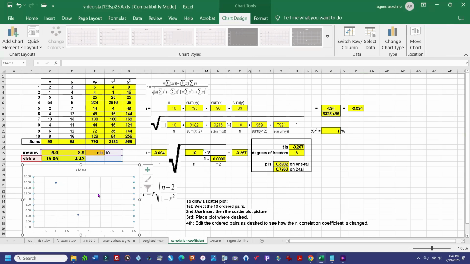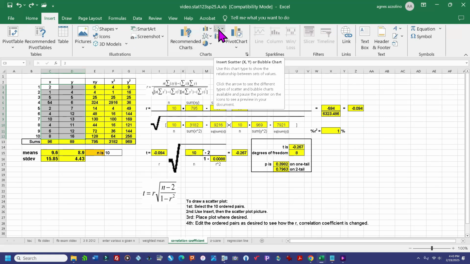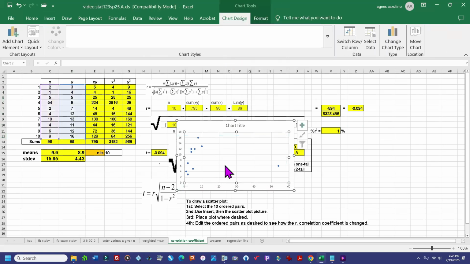Okay, now what I need to do, I need to tell it what scores. Oh, I know what I did wrong. Let's go back. Let's get rid of this. Okay, I'm first going to select all of the scores to be plotted. Here's the X and the Y. So I have 10 different points to be plotted. I've selected them. I'm going to go to Insert. I'm going to go to Scatter Plot. I'm going to say I want this kind of picture, and it gives me